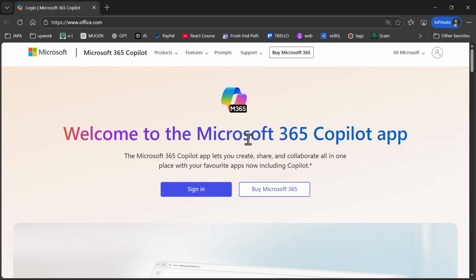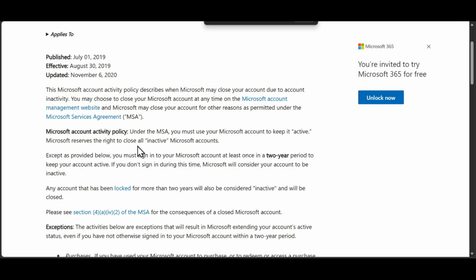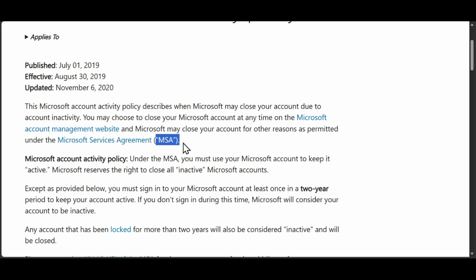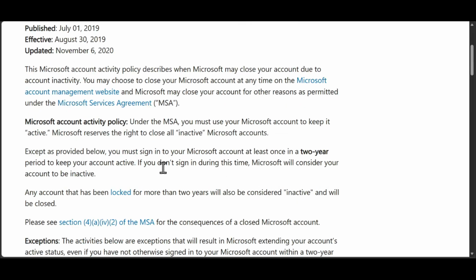And after that, if this is actually not the problem, you need to know that Microsoft has the MSA policy, the Microsoft Service Agreement, under which you must use your Microsoft account to keep it active. Microsoft reserves the right to close all inactive Microsoft accounts. Except as provided below, you must sign in to your Microsoft account at least once in 2 years. So if you didn't sign into your account for a 2 year period, or like 700 or something days,